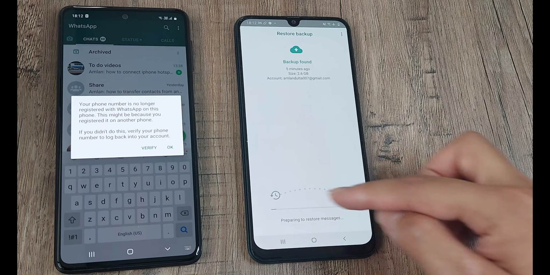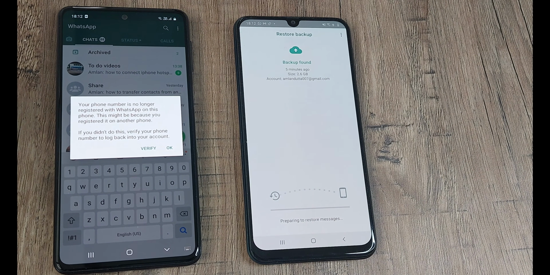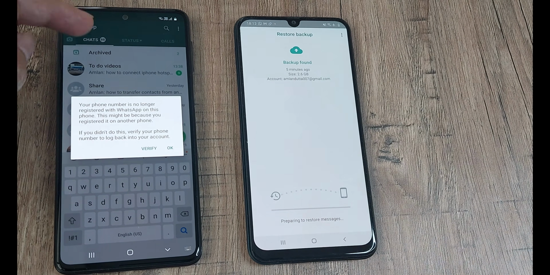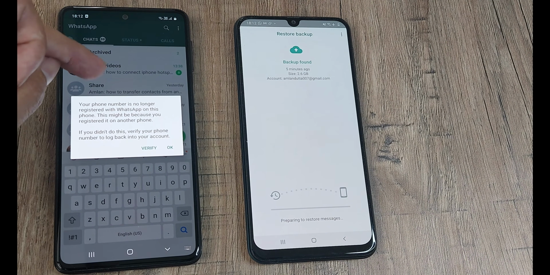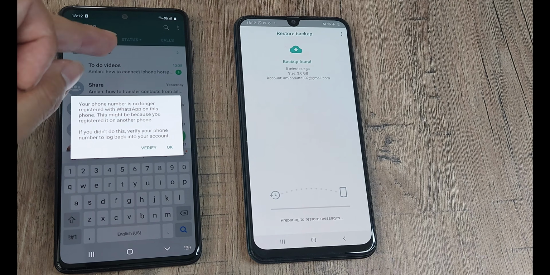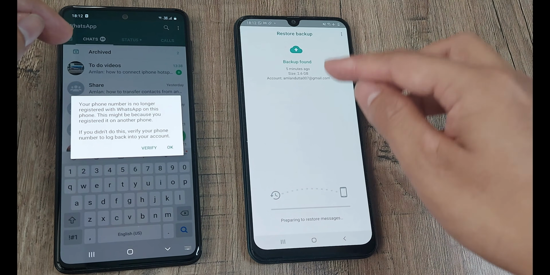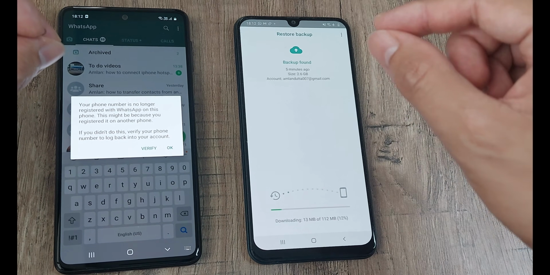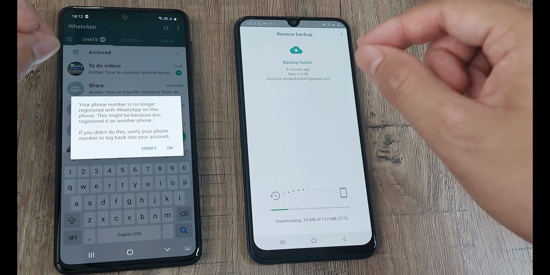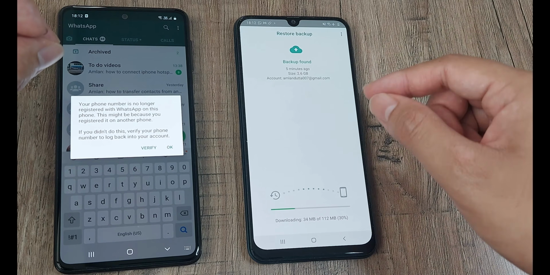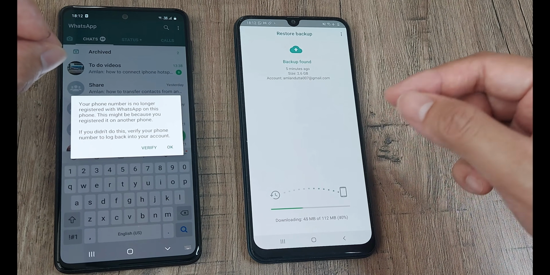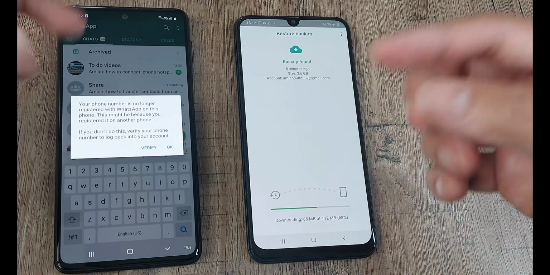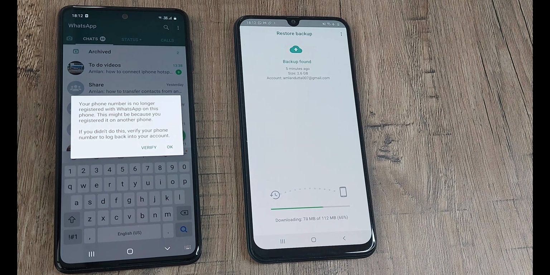So let me click restore, and now you will see that the process of restoring messages is on, and the whole 2.6 GB comprising all the messages, all the media files, everything has been found and it's getting restored for my Google account. And that's why it's so important that you set the backup Google account link to your drive, because when you do that, anytime you use WhatsApp on a new device, you will be able to back up messages and get all of those precious things back onto your new device.